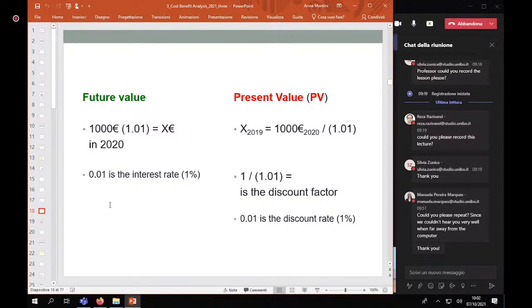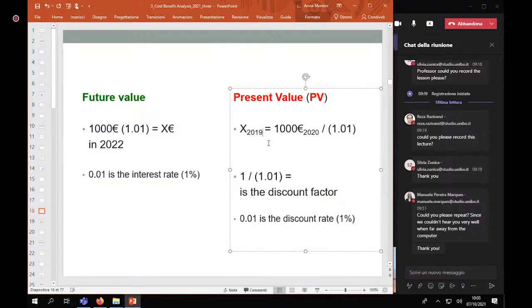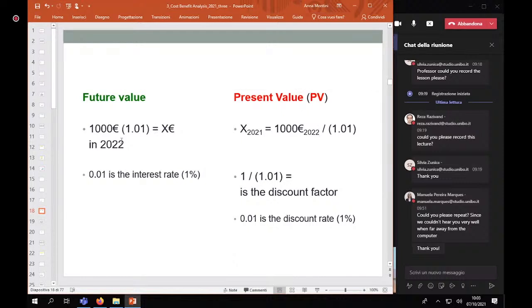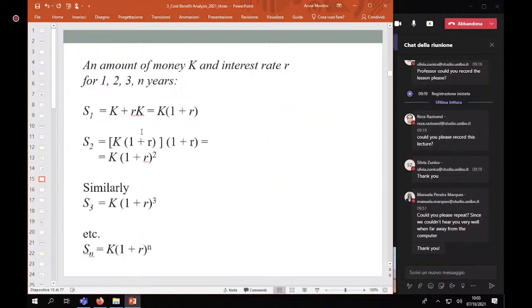If you have future value, okay, if you have an amount of money to be invested today equal to 1,000 euro and you have an interest rate equal to 1%, if you remember the formula was this,